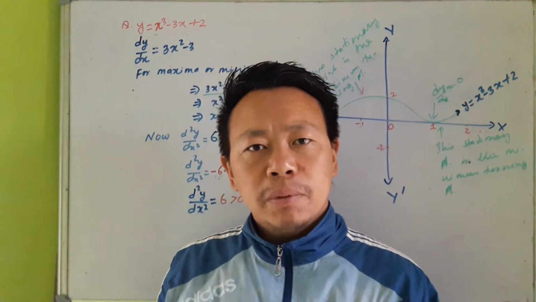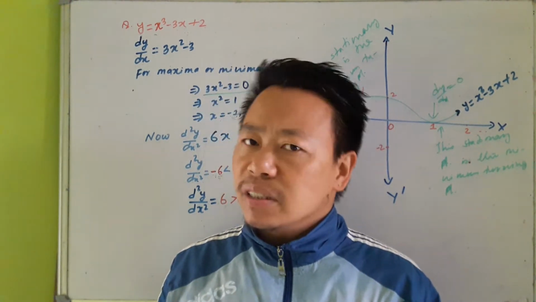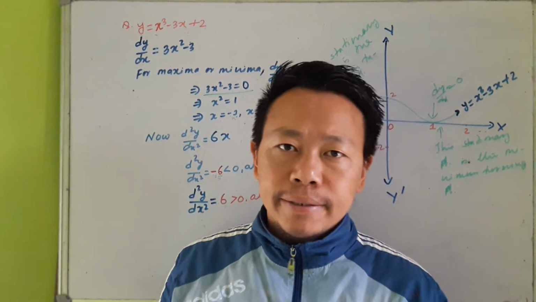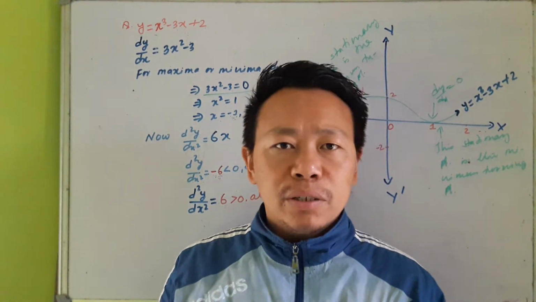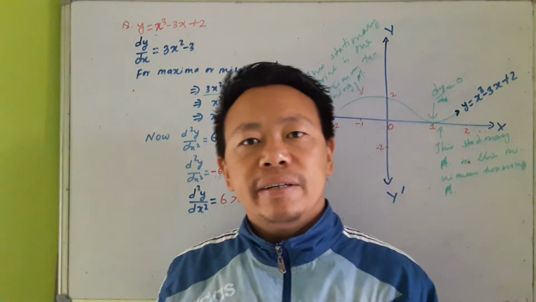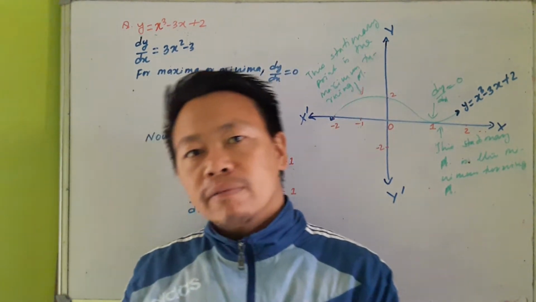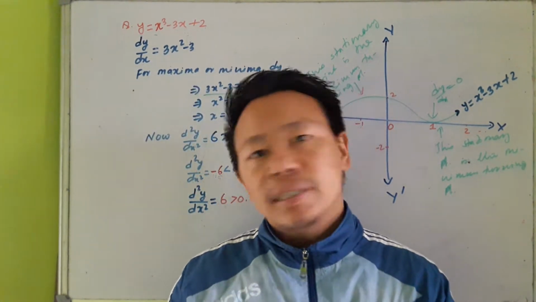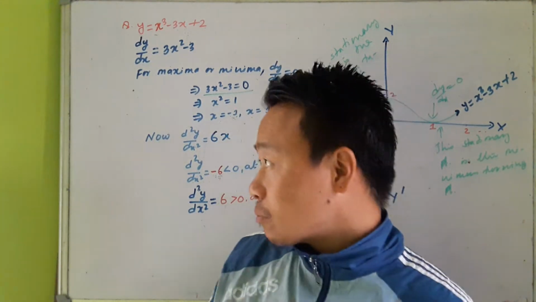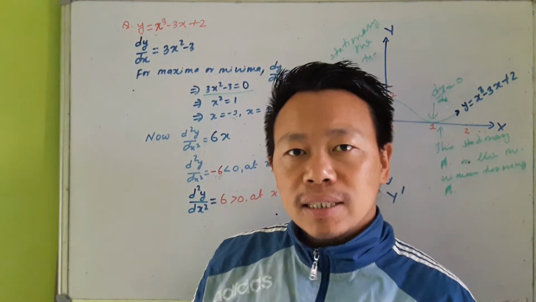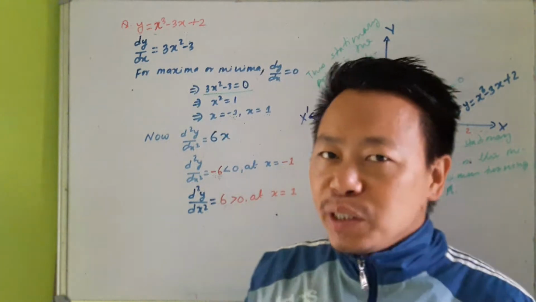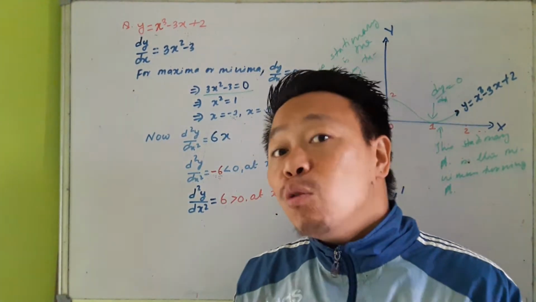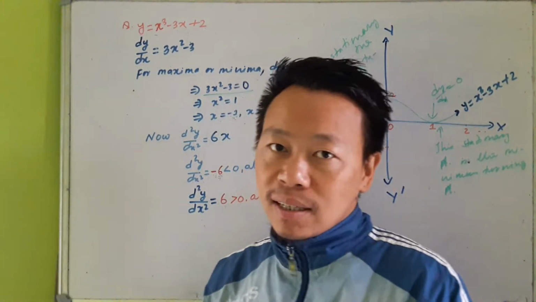If you remember, in the previous class, I discussed increasing and decreasing functions, and I also discussed how, by using the first order derivative, we can find the turning points of the curve and the intervals in which the function is increasing or decreasing. In today's class, I will show you how, by using the second order derivative, we can find the maximum and minimum of the function.